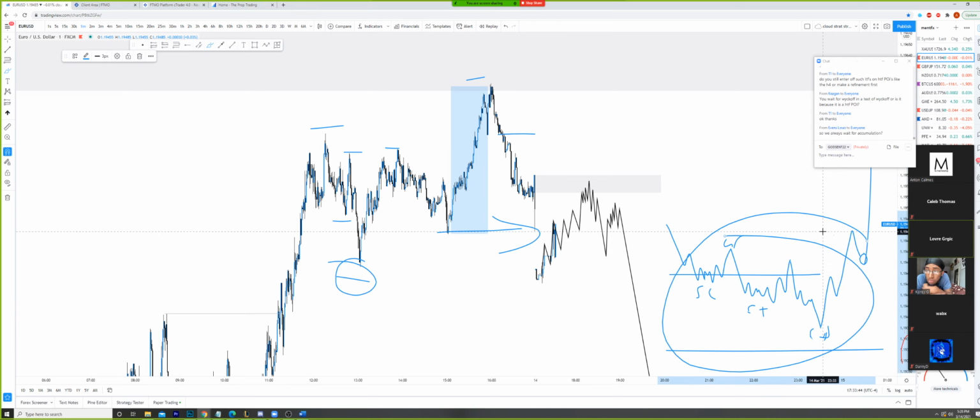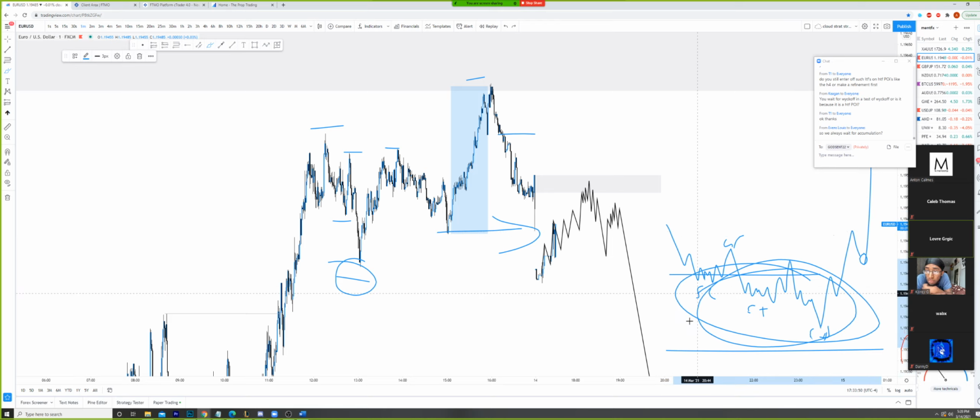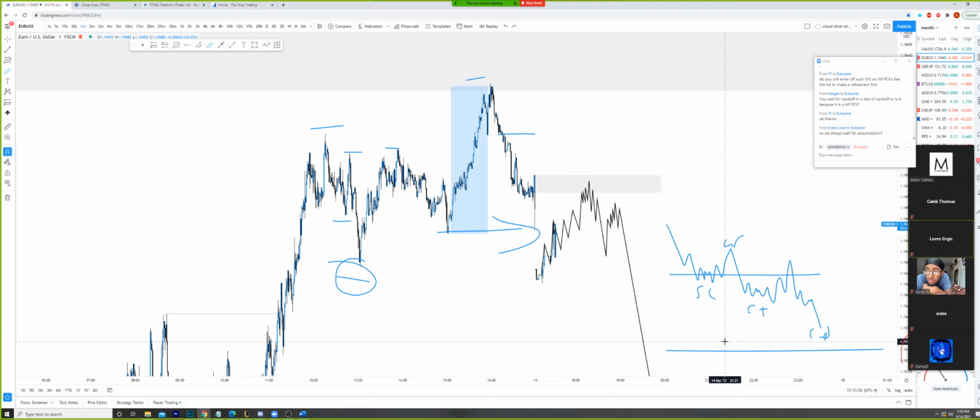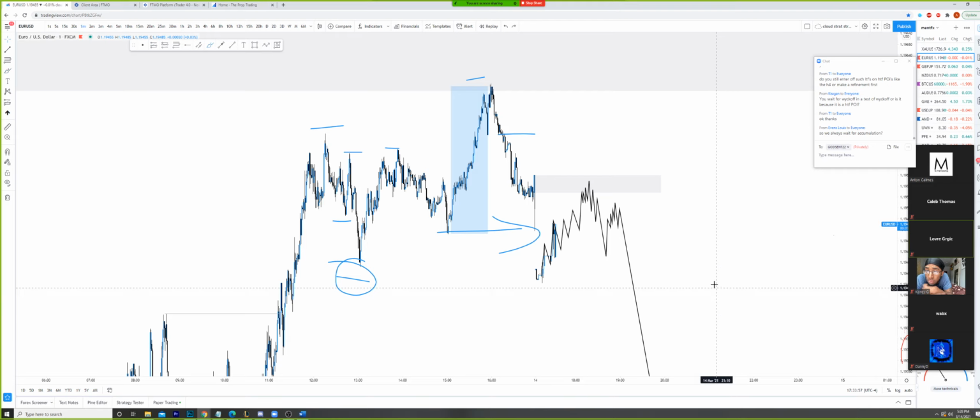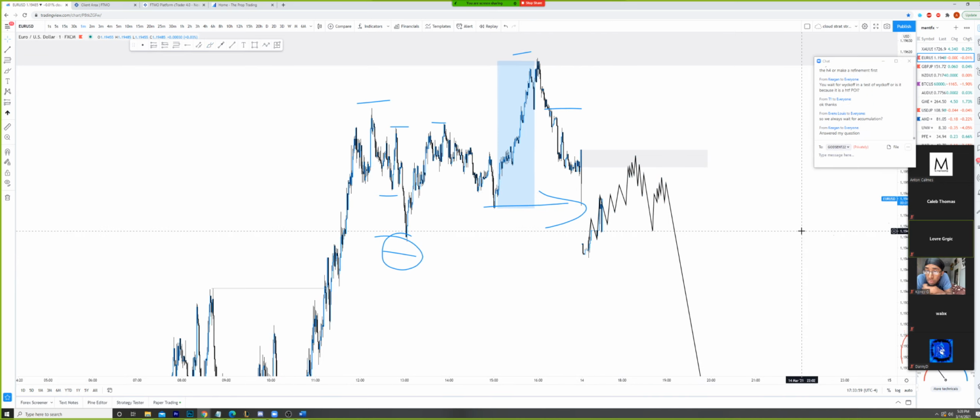So I don't really mind concerning the actual stuff. So we always wait for accumulation if you're trading at a demand zone; yes, you look for distribution at a supply zone though. So hopefully that made sense. So yeah, this is my overall expectation on Euro USD. Hopefully you guys understood that.